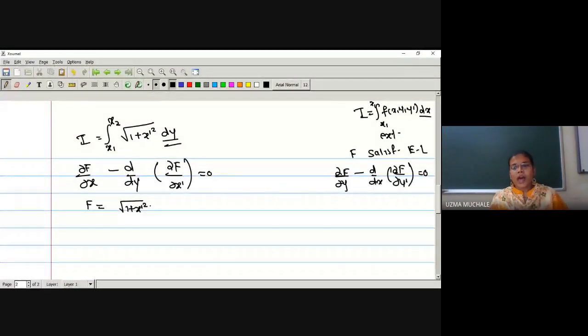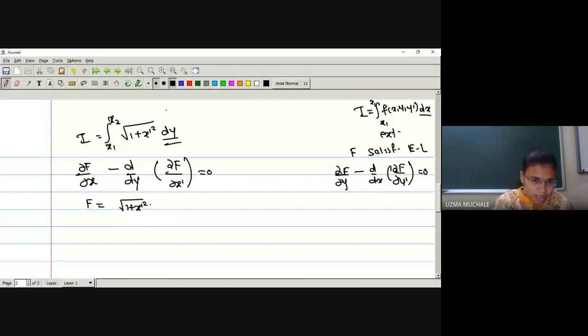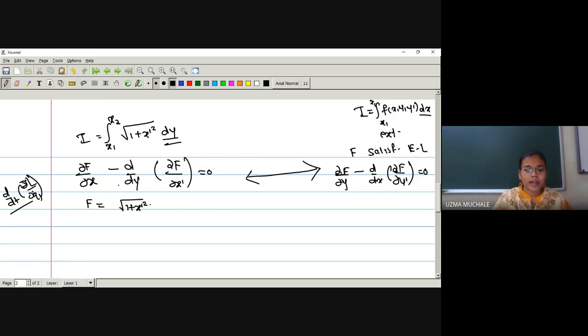Okay. So I have used that because we have done this already by using the integration with respect to x. Here we have integration with respect to y. So corresponding changes you have to do in your Euler-Lagrange equation. I think there was a question of this type in the first assignment. Actually it is d/dt of ∂L/∂q_j dot. It is like this, no? So wherever you have integration with respect to x, those corresponding changes you have to do in your Euler-Lagrange equation.